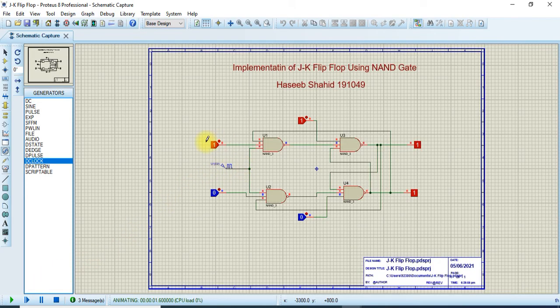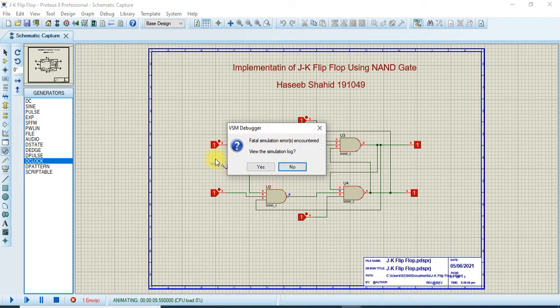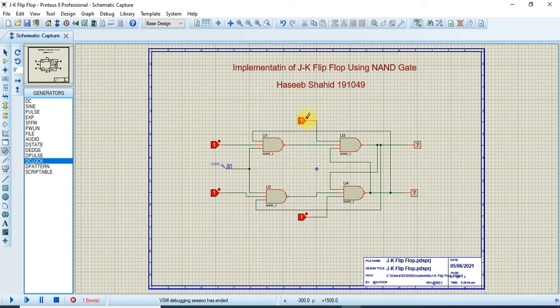As you can see, when 1 0 is applied, the value is reset because the next state would be 1 1. And when we applied 1 1, that state is not possible, as I have told you earlier. This toggles the output.